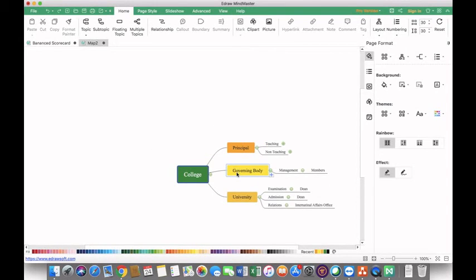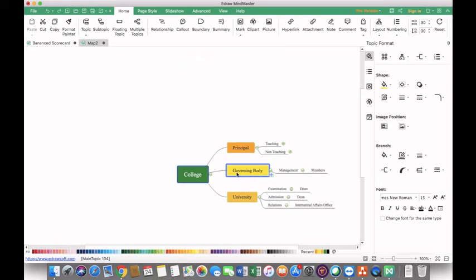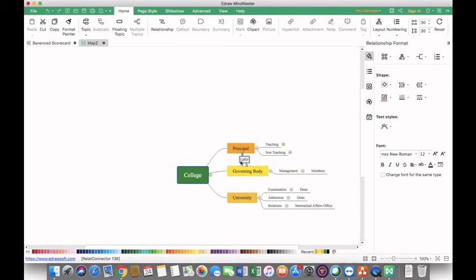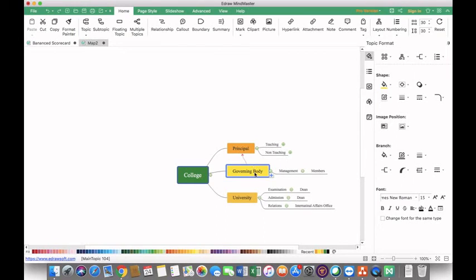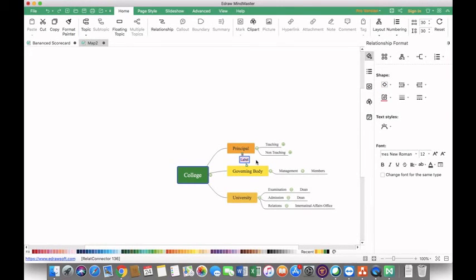So now suppose I wanted to prepare a relationship between governing body and the principal. So we can also create a relationship between these two things. For creating these relations, I have to go to the relationships, and in relationships, I will connect this governing body with principal. And the moment I connect this, it will ask me about the name of the relation. It will ask me the label. So I have to enter this label.